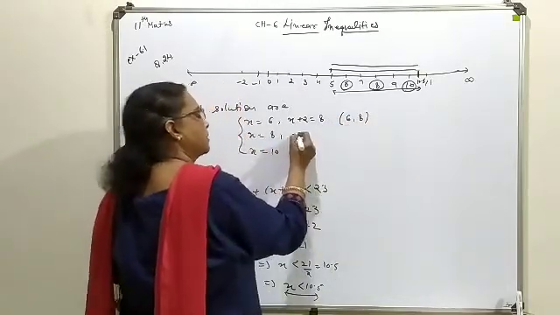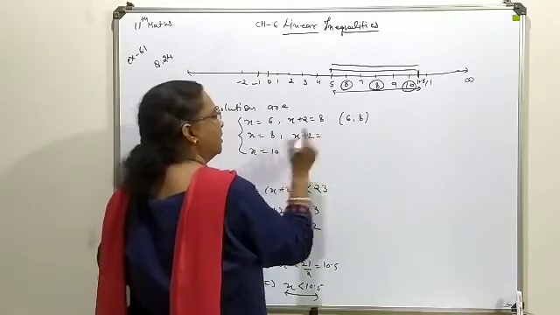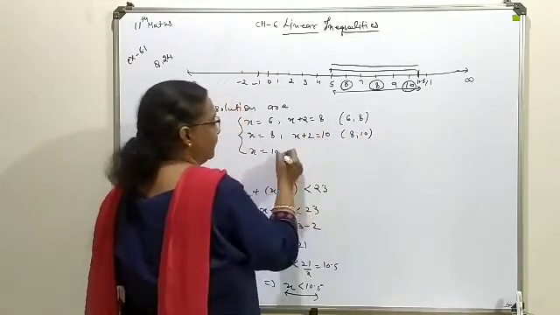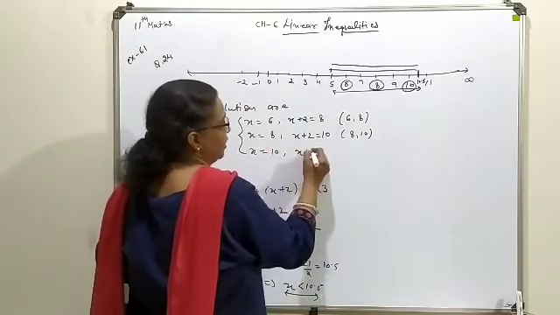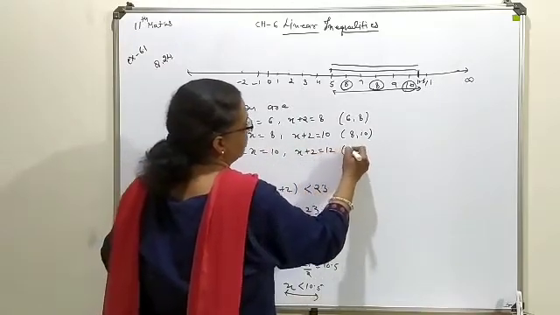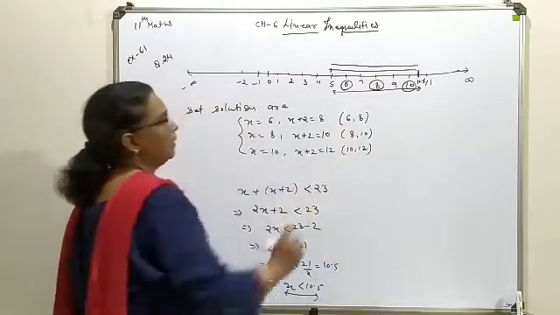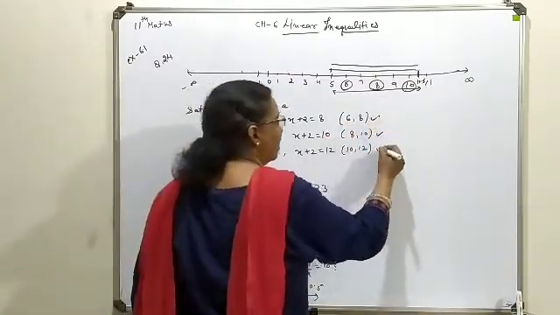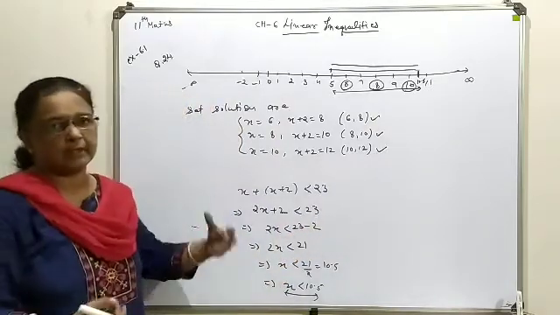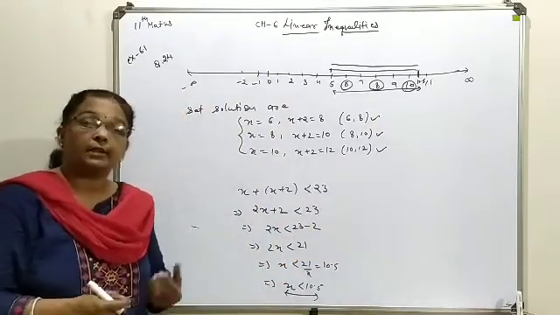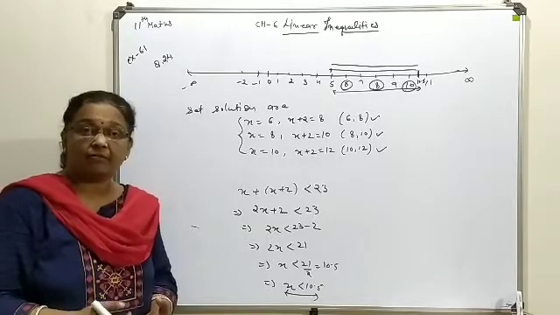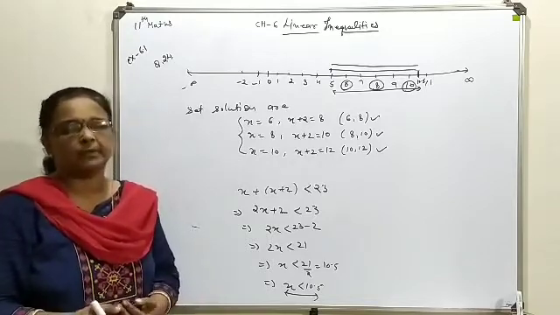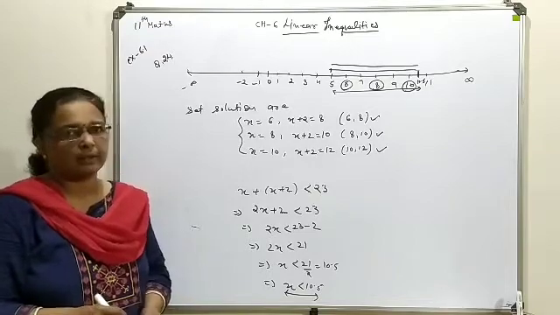For 8, its consecutive even number, x plus 2, will be 10. So this will be another pair of solution, and the last, for x is equal to 10, x plus 2 will give you 12. So this is 10 and 12, the third pair of solution. These are the three pairs of solution which satisfy the given criteria, that each even number is greater than 5 and the sum of the consecutive pair of even numbers is less than 23.